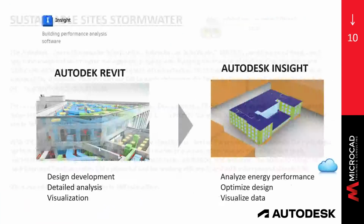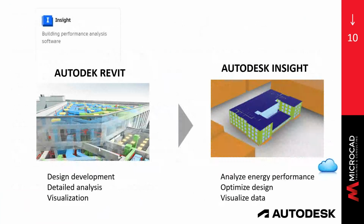The next tool, and I'm returning back to Revit, and this is part of the tools that come with the AEC collection. It is Insight. So once you have a Revit model, you can start your analysis with Insight very early in your design process. You can start by just doing a massing study, and you can send that model to Insight and get your energy performance, and you can optimize, obviously, your design from the get-go,